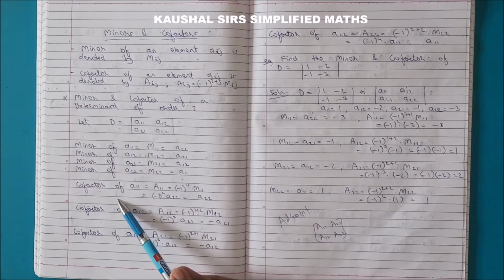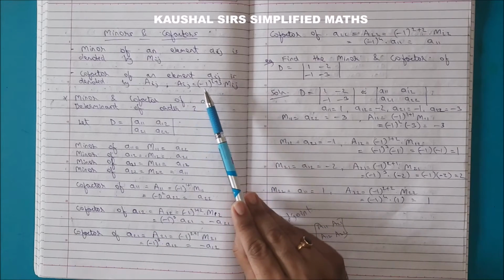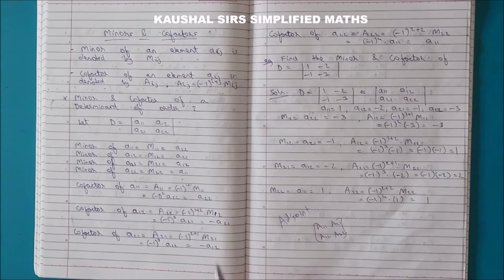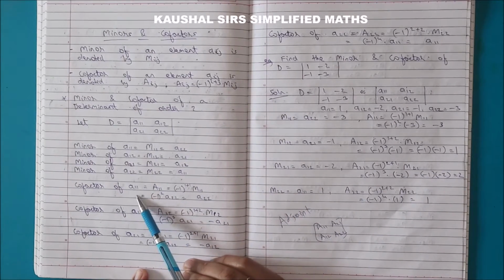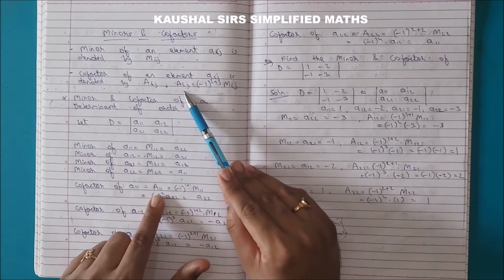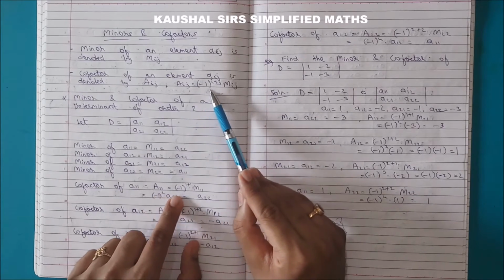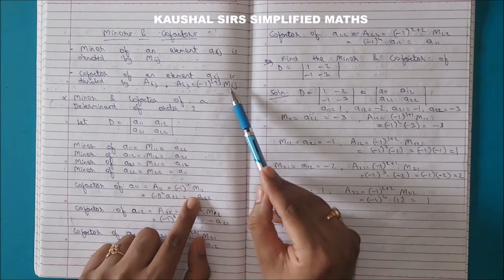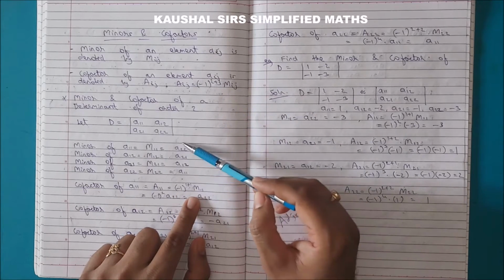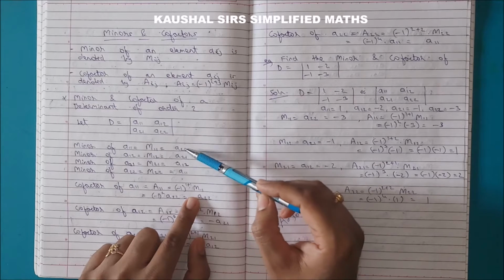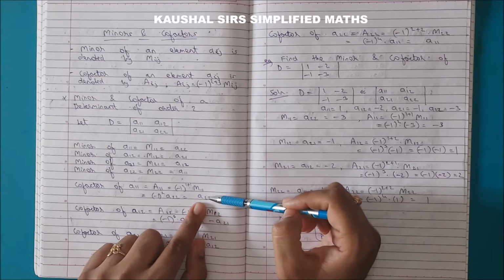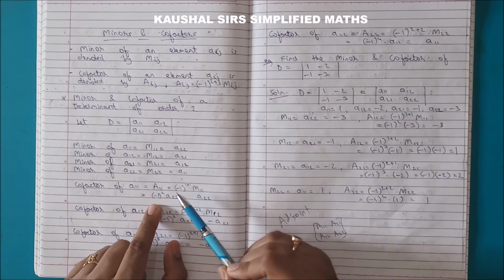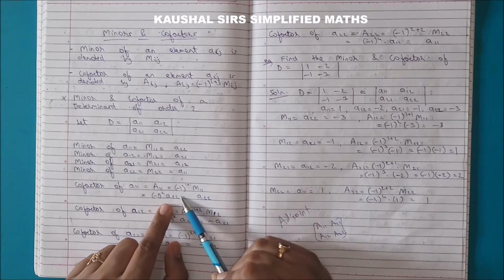Now coming to cofactor, we have seen the formula for cofactor. It is minus 1 raised to i plus j into Mij. Okay, so cofactor of A11 would be denoted by what? Capital A11, which is equal to minus 1 raised to 1 plus 1 into M11. We have already found M11 above. So we already know M11. So we are putting the value over here, and you very well know students that a negative term raised to an even power is plus 1. Okay, so what answer will come here?